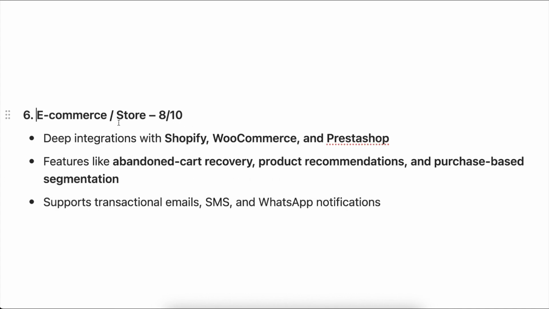When it comes to e-commerce, you have integrations with Shopify, WooCommerce, all of these. There's a good amount of different integrations. They have features like abandoned cart recovery, product recommendations, purchase-based segmentation. It supports transactional emails, SMS, and WhatsApp notifications, but I'll tell you more about this when it comes to pricing. In general, it's not too bad for a software that's not specifically made for e-commerce,